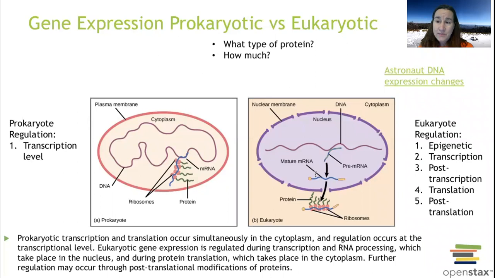Where this is happening is different though. So when we talk about prokaryotes, remember we said that prokaryotes didn't have a membrane-bound nucleus, that the DNA is just hanging out in the cytoplasm. It's not stuck inside of a membrane, so it's in the nucleoid region. So we can transcribe and translate pretty much at the same time. So transcription and translation is happening in the exact same location, pretty much at the same time. We're going to transcribe, of course, before we translate, but it can happen really quickly, within seconds.